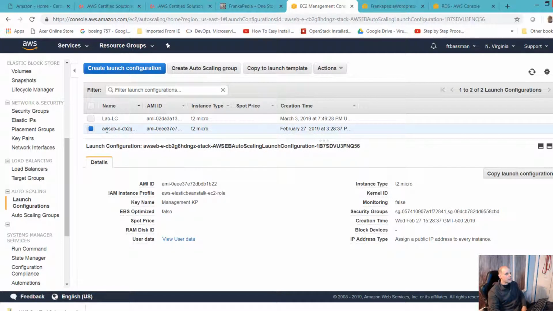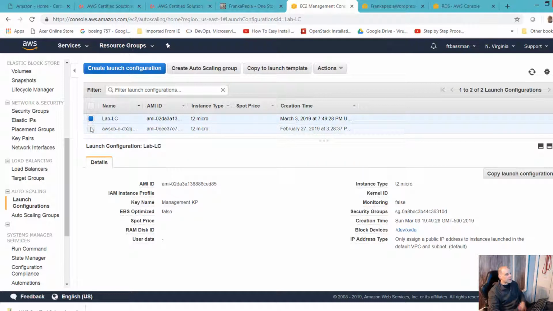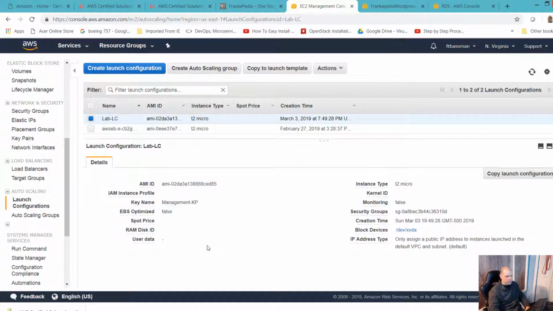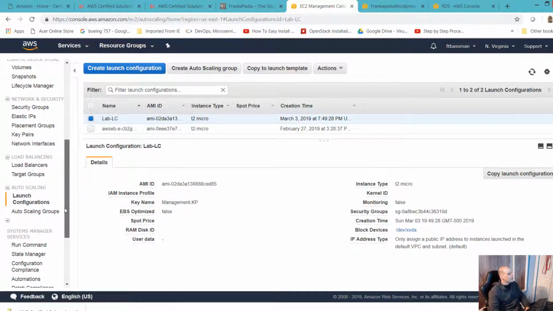Here's the launch config. I created an image from that just in case I lost it, and you can see here I have my management key pair also set up within my Beanstalk environment, because if you don't do that, you wouldn't be able to have any SSH access to the instance, and I thought that was kind of helpful to have for troubleshooting.